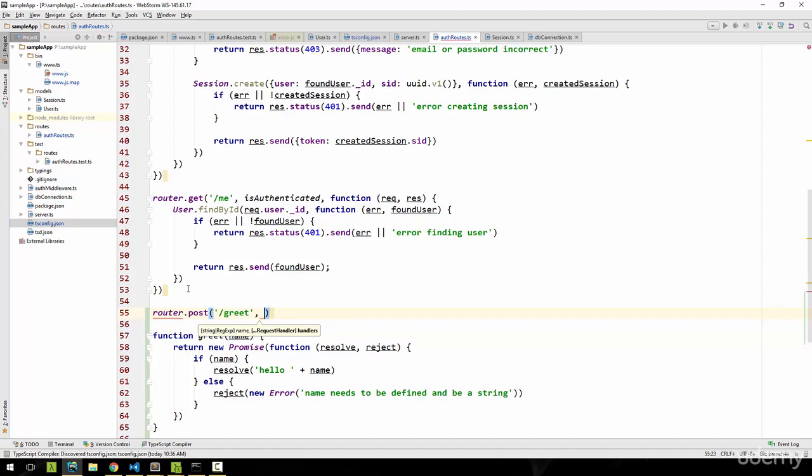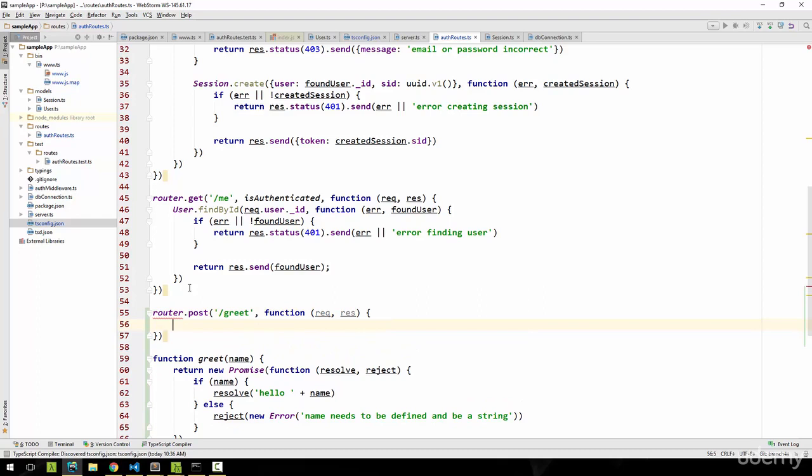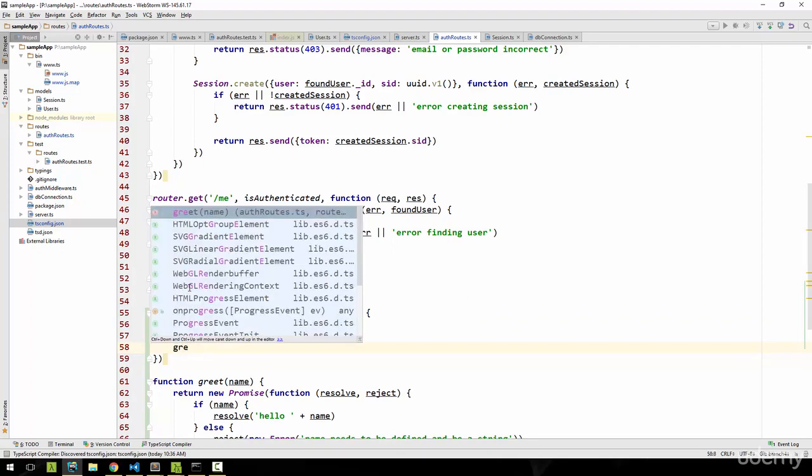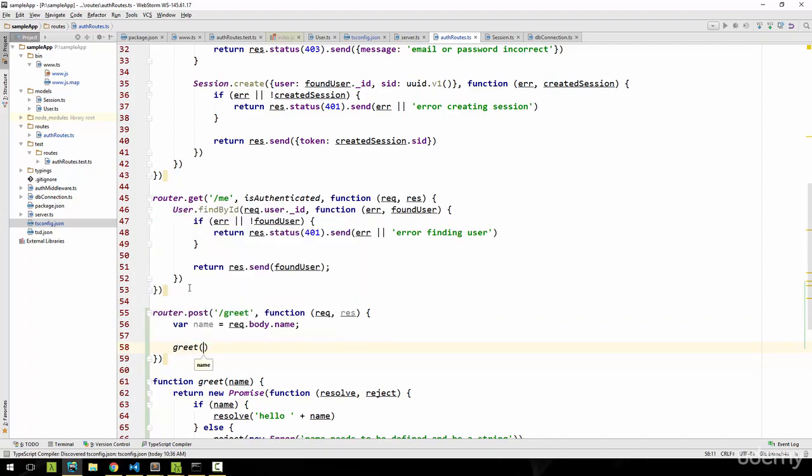And this greet route, what it will do is we'll take a function as usual, take a request, a response, and then what we'll do next is we'll get the name from the request.body. So when we get the name, we'll call our function. So our greet function is just, we'll just take the name, and then